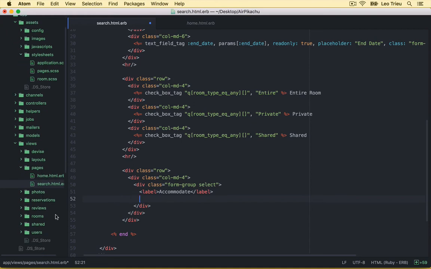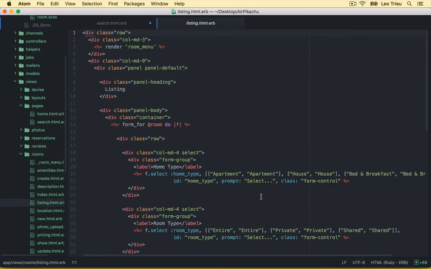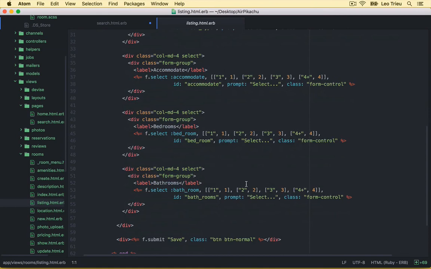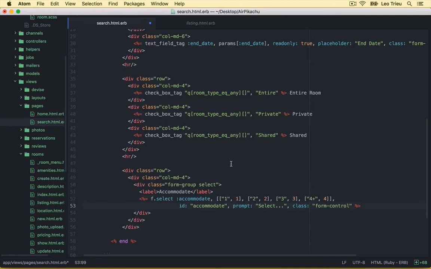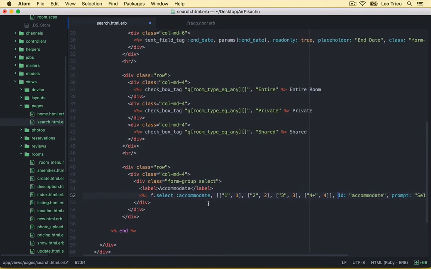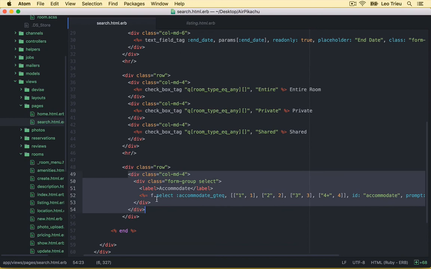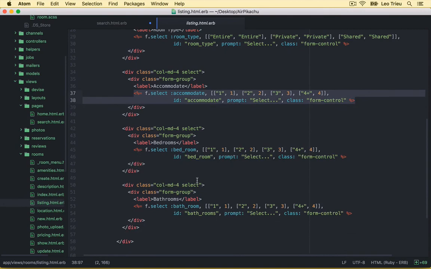I think we already done that in the room, so I'll just open the room, and let's go to the listing.html. Yep. Where's accommodate? Okay, this one here. So I'll just copy this one, and paste in here. Right, cool. So we just need to change this one to accommodate greater than or equal. All right, now once you done that, just copy and make another two,